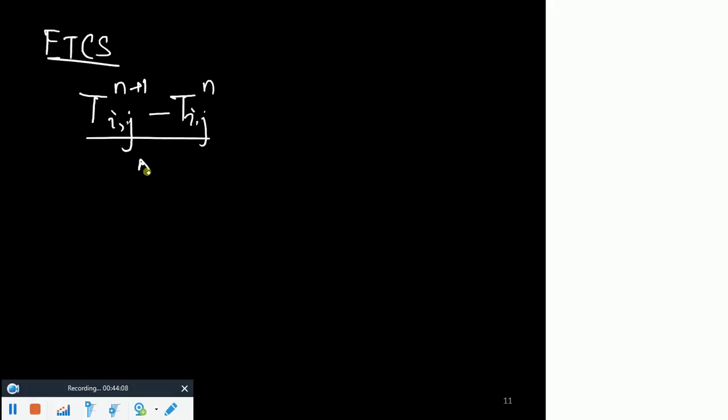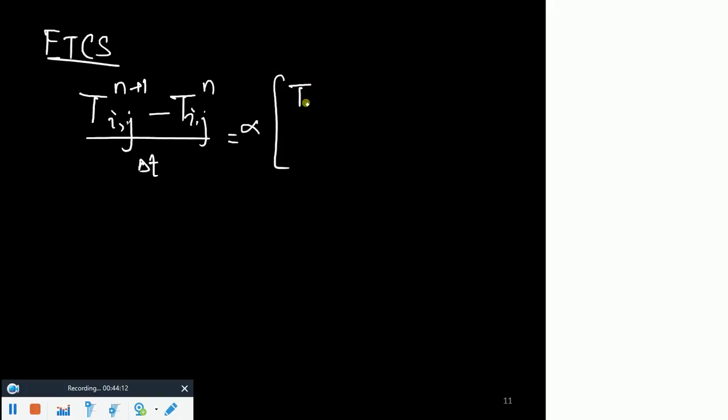So let's write down the FTCS scheme for this problem. So this is forward in time. Now remember, how many independent dimensions are there? X, Y and time. So how many indices should be there? 3. Okay, so let's say this is Tij n plus 1 minus Tij n over delta T